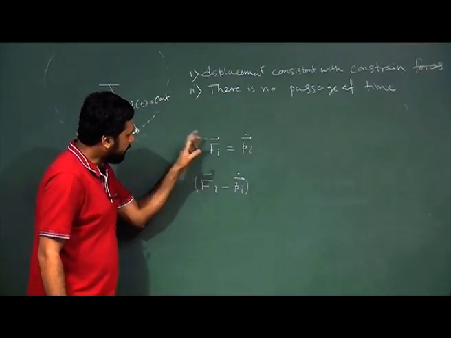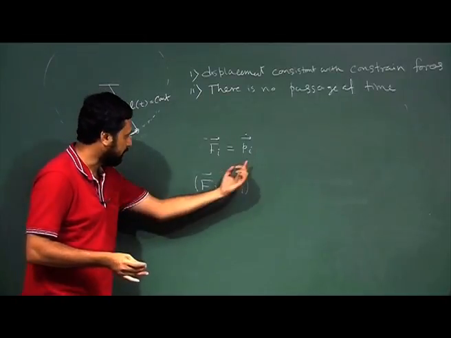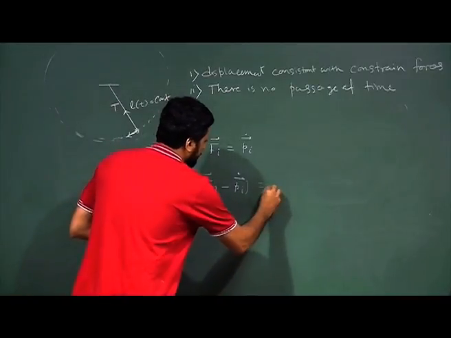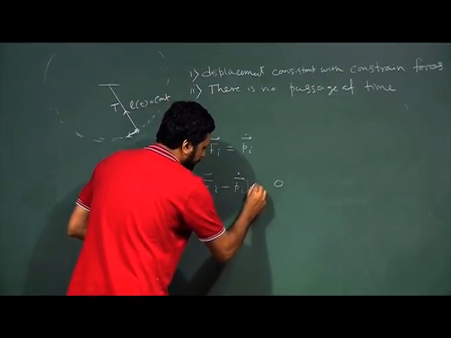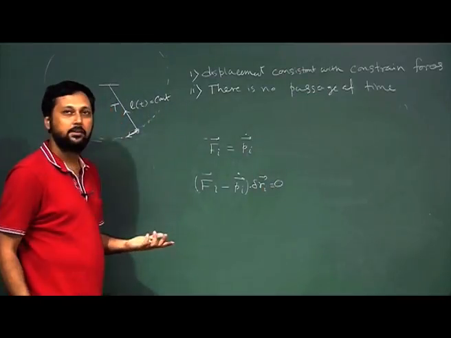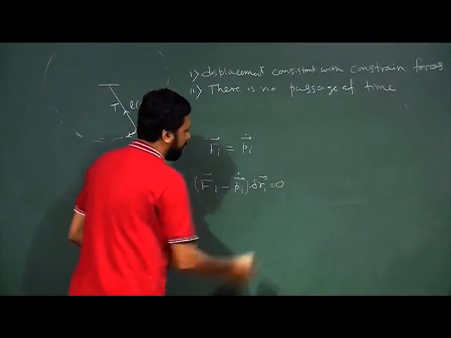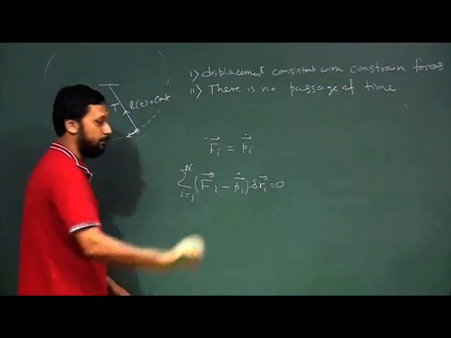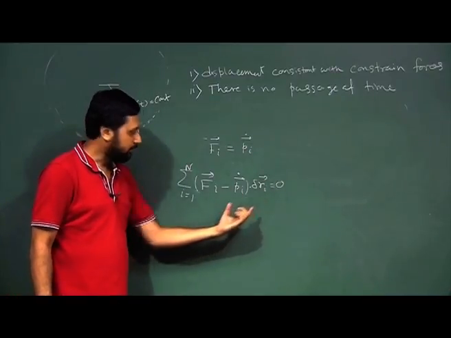This is valid for each individual particle in a system of particles, which we have seen when we discussed the system of particles. So, we can manipulate it into this form. As this is equal to 0 for each particle individually, we can multiply it with a virtual displacement delta r_i, and it still remains equal to 0. Not only that, we can sum this over the whole system of particles, from i equal to 1 to n, whatever be the number of particles, and we still get this equation equal to 0.